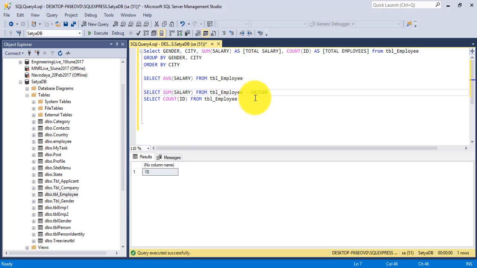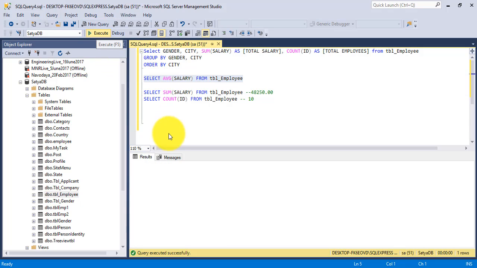So total salary is 48,250, and total number of rows is 10. So here the average of salary is